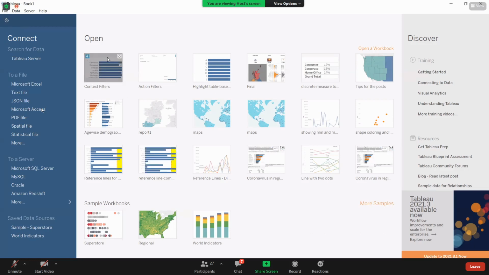Whenever you want to open that, directly it will be available for you here. The rest of them will be based on the frequency of the file opening. Those are all listed here. Okay, and about the sample workbooks, these are the workbooks that are published in the Tableau public